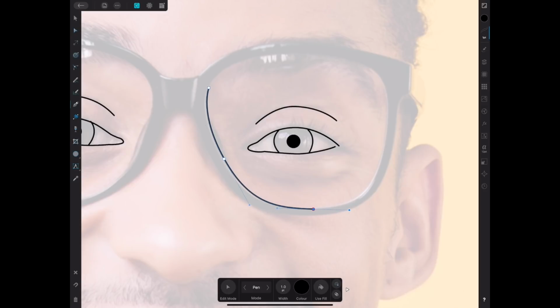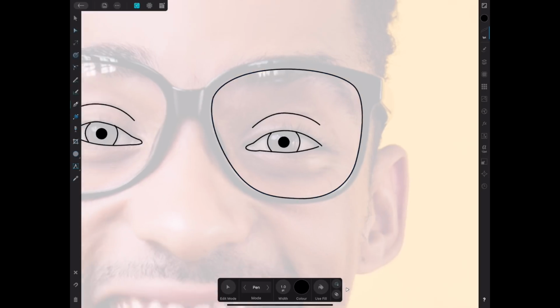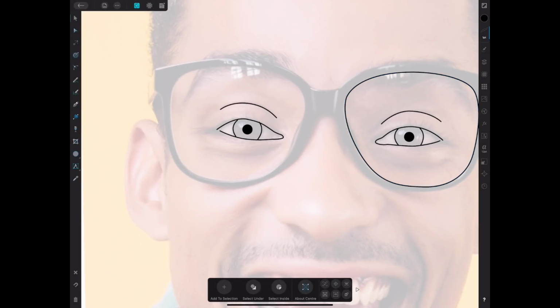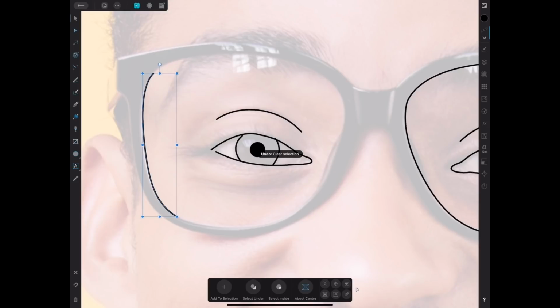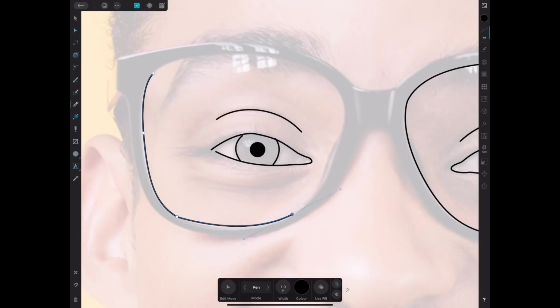Now I mean obviously we are working from a reference image, you want to try and be as accurate as you can. But it's not the end of the world if your lines don't line over the drawing perfectly. Don't spend too much time going back and forwards wondering and worrying that it's not as accurate as it should be. Because obviously once we apply brush strokes to this and our shading, the line work almost kind of gets lost within the illustration. It's very easy to focus too much on the line weight